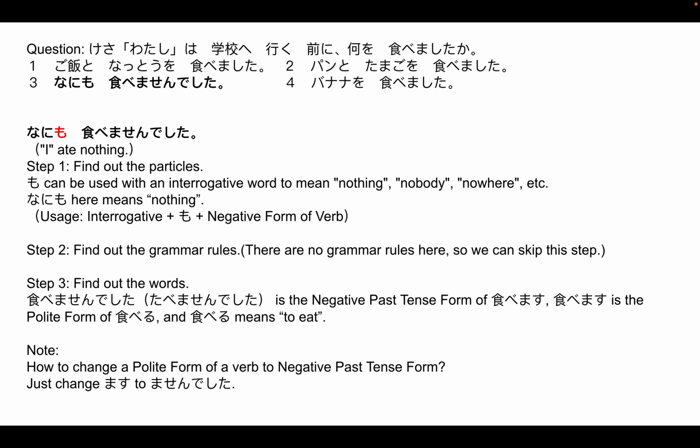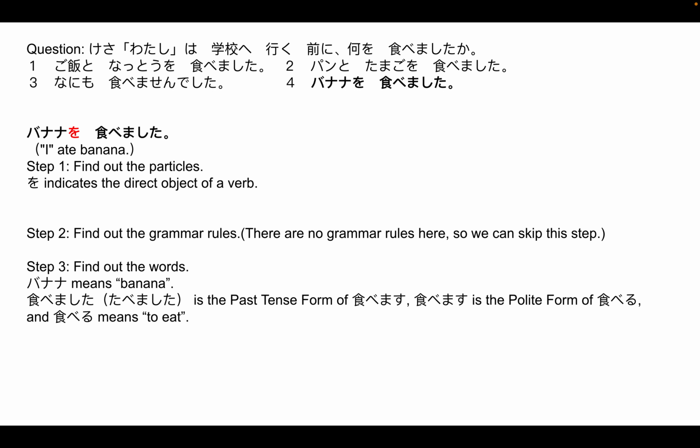So how to change the polite form of a verb to negative past tense form? Just change ます to ませんでした。